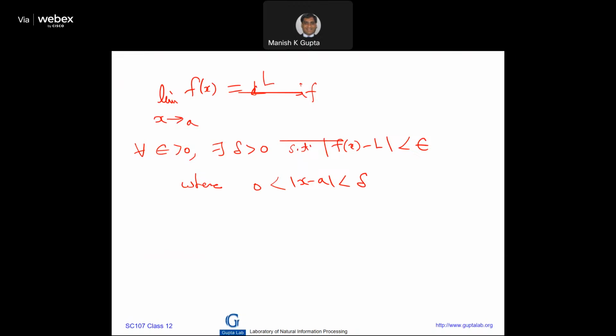Now in this case, if I have to show that the limit of a function f of x is capital L, two problems come. How do you find capital L? Here you estimate something. By looking at the expression, you try to estimate what the limit will be. As a shortcut, you may